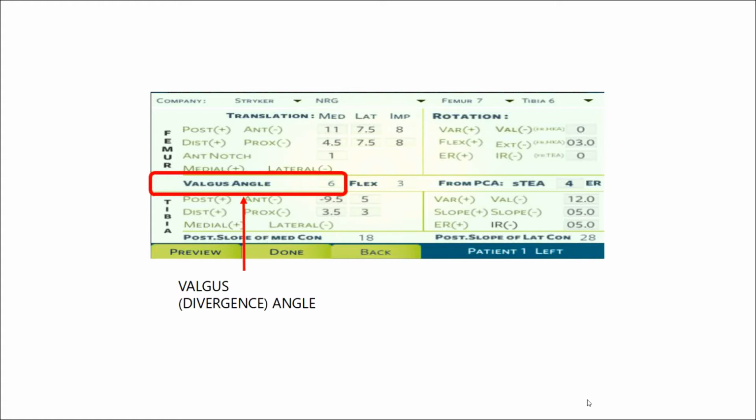If the surgeon plans for a varus or a valgus cut, as the varus or valgus changes, the valgus angle will also change to reflect the same. It also serves as a cross check to see what the finest varus valgus would be if the standard 5, 6 or 7 degrees of the cut were used.